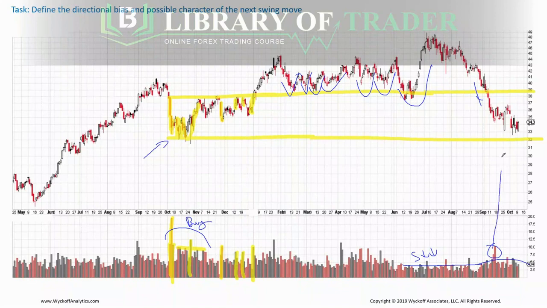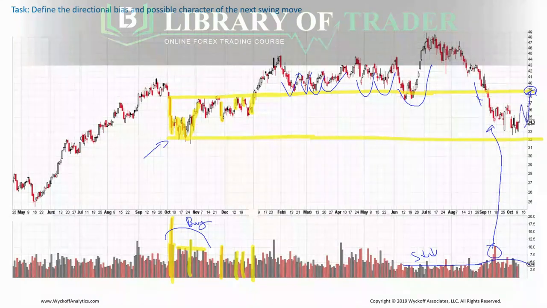So there is just a little bit of buying that stops the price from moving further down, and it should recover from here. And that recovery to 38, 39, I would expect to be somewhat quick, maybe with some tests, but quick. And then after that,